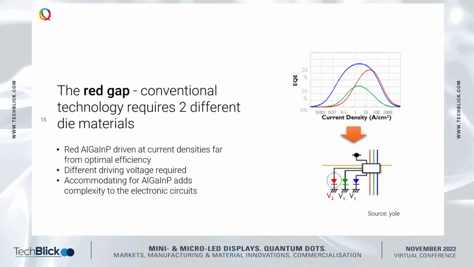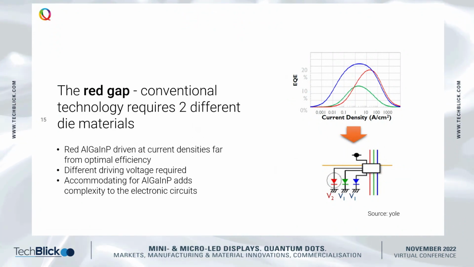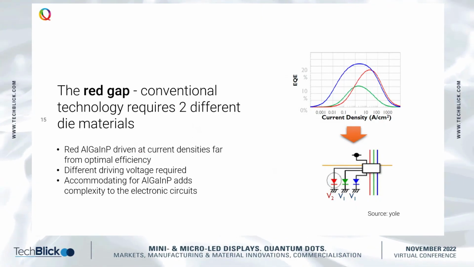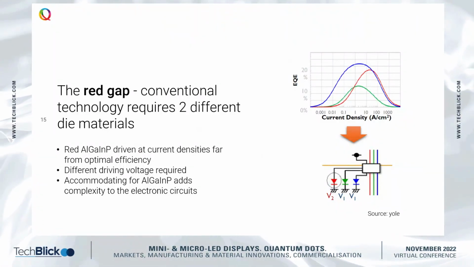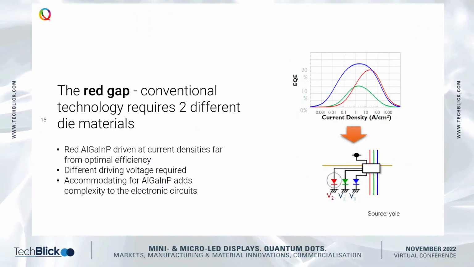The second point in the manufacturing is more related to the red micro LEDs, because there you're working with a different material, AlInGaP, compared to gallium nitride based. And so these materials for red micro LEDs behave very differently. They have different optoelectronic properties, meaning that you drive them at different conditions. And so if you want to accommodate for that,